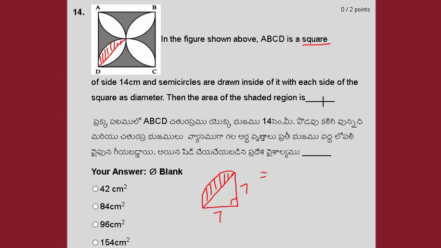So area of the sector is equal to pi r square by 4. Why? Because this sector has a 90-degree angle, that is 1/4 of the entire circle. So the area of the sector is equal to 1/4 of the area of the total circle, that is pi r square by 4. This is equal to pi, that is 22 by 7, times r square, 7 times 7, divided by 4. If you simplify, 7 gets cancelled, 2 times 2, and this is equal to 77 by 2.